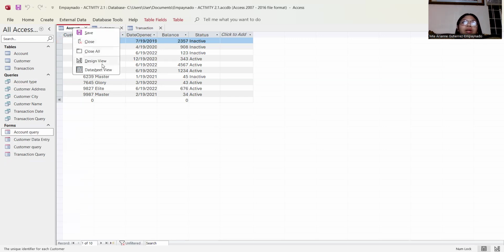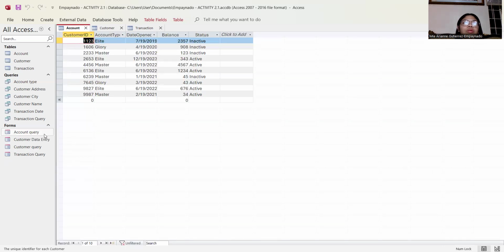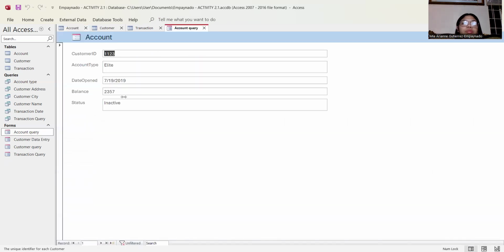For the design, if I put this, you'll see the next record below. Since I chose certain fields, I can also pick only the first three: customer ID, account type, and date opened, and it will show the records of these three.